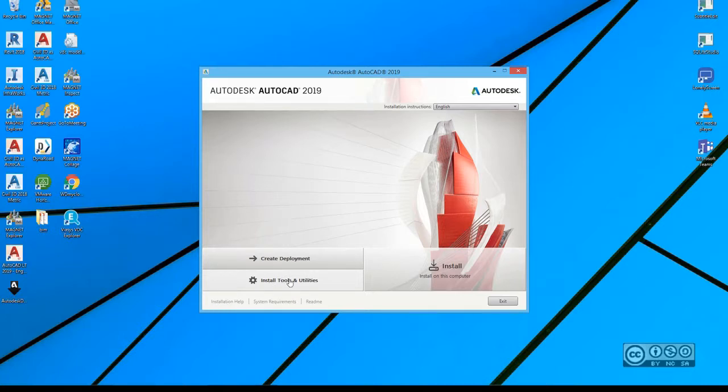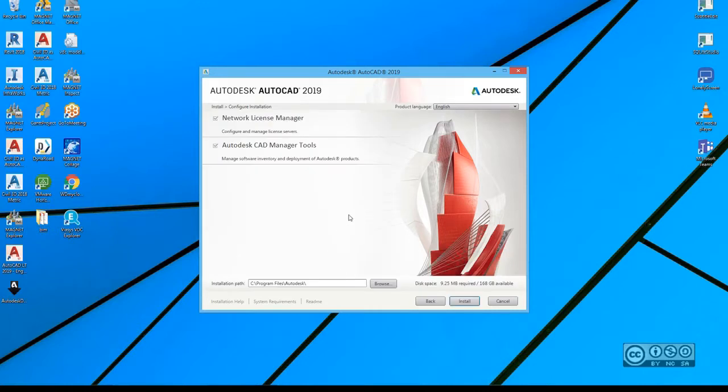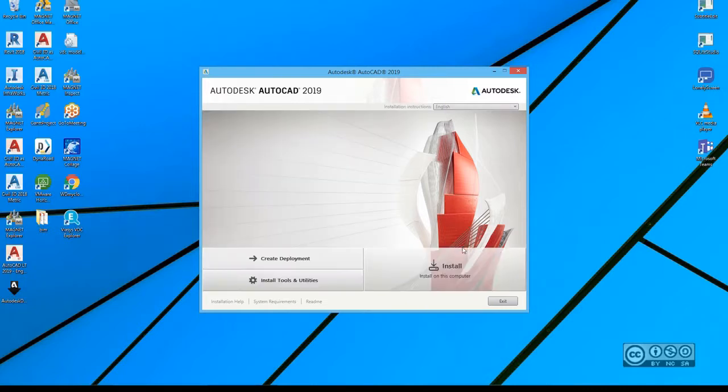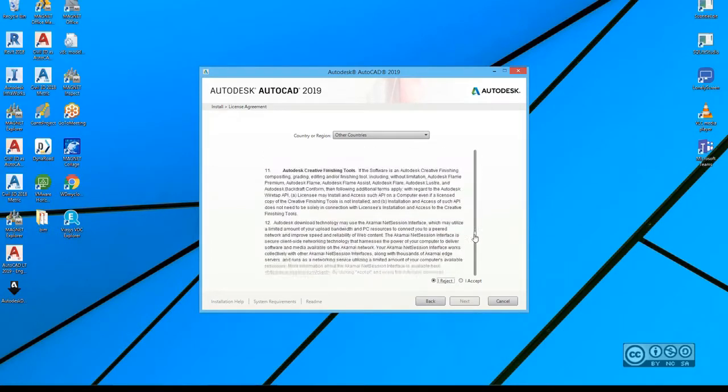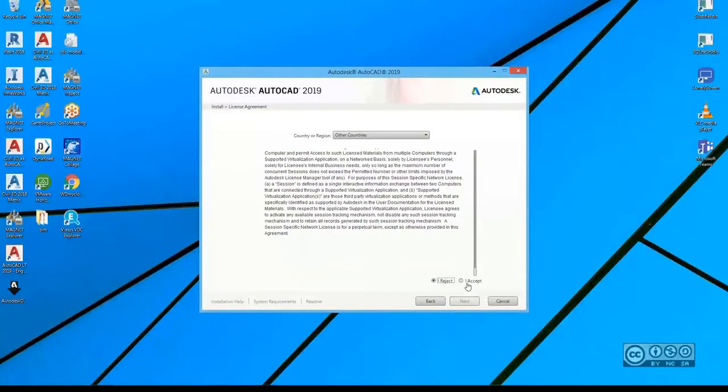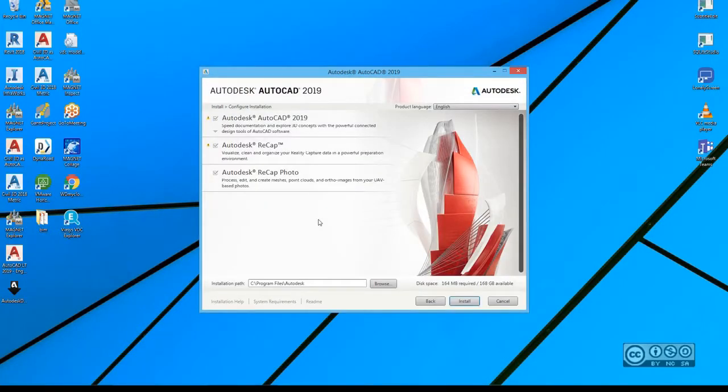I can click on install tools and utilities, doing a left click, if I want to install some additional components into my machine. Right now I don't want to install those, so I go back and I click on the main install button, doing a left click. Then I can see a license screen, so I need to understand the license and then confirm it by selecting I accept. I hit next again, and now I can see different products that are included with my AutoCAD 2019